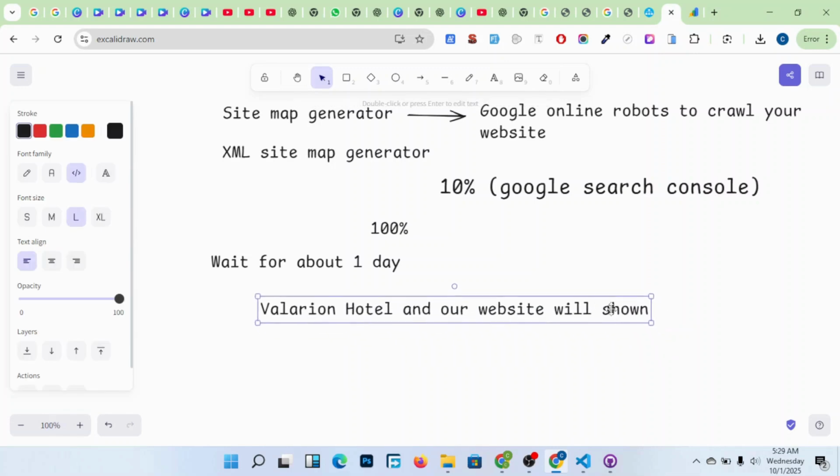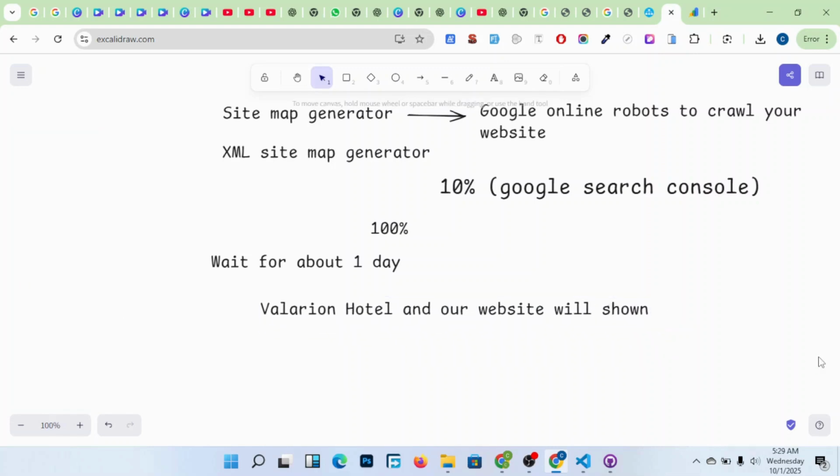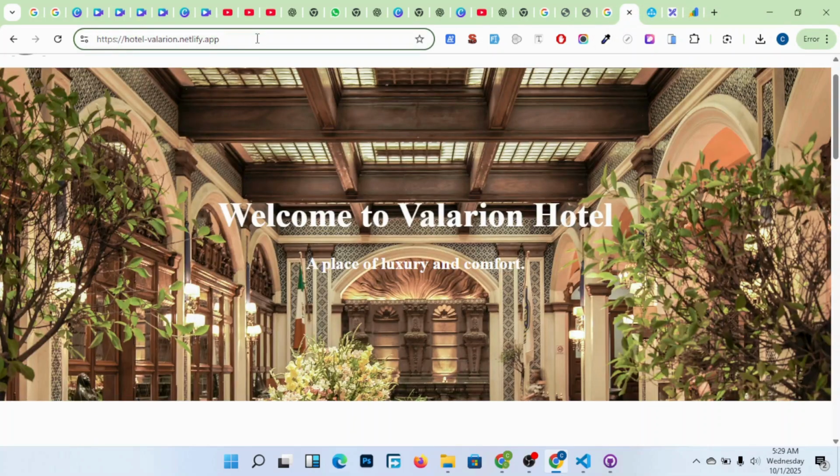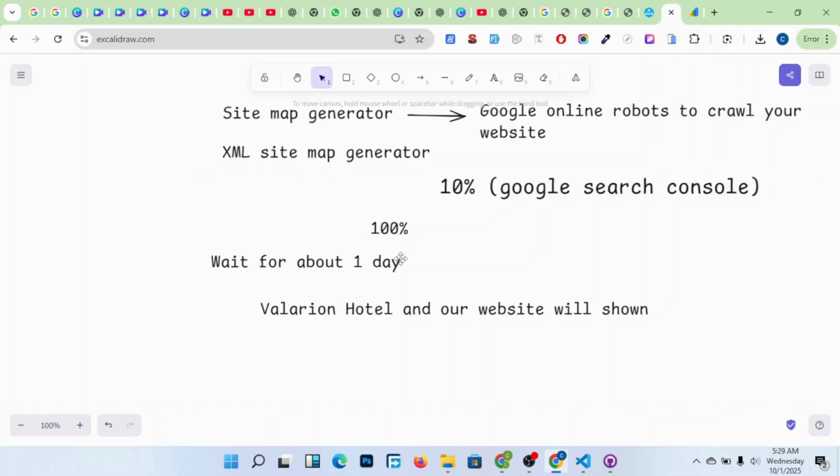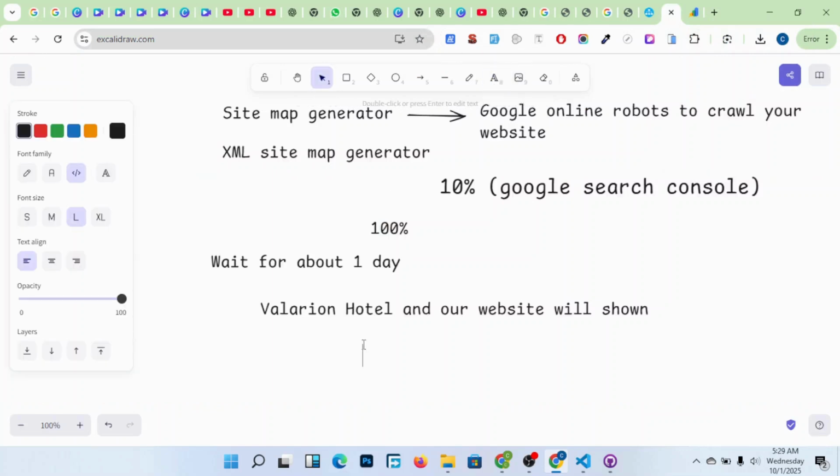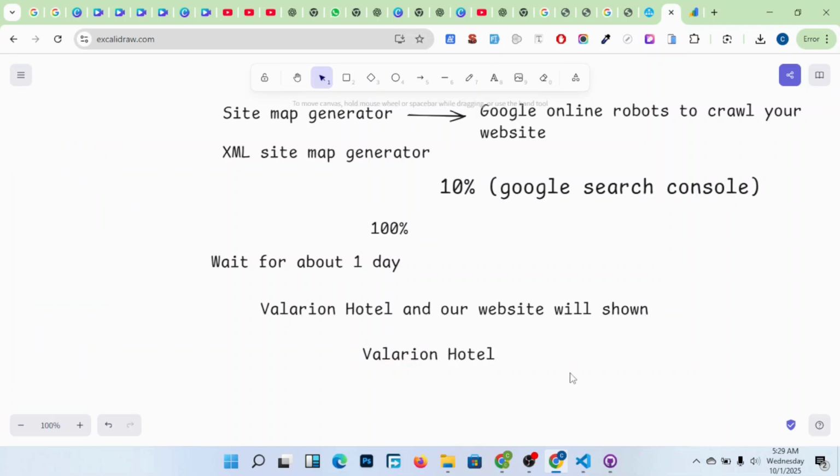Instead of typing in this whole big link the way you have been seeing it here, we just type in Valerian Hotel and our website will come automatically. We have been typing it and it's not there, but right now it will be there.